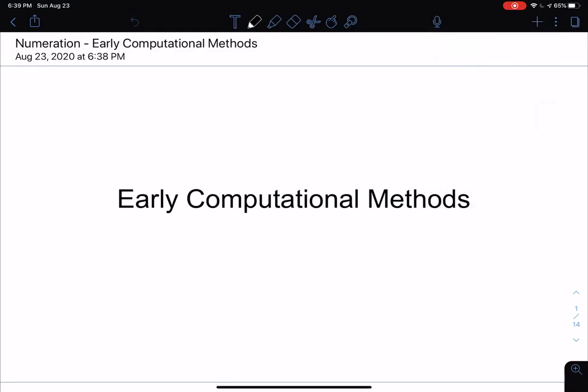Hi there. Today we're going to look at something kind of fun, some early computational methods. One of these methods I referenced in a previous video, duplication and mediation. And then today we're going to see how it's done. We're just going to look at multiplying and how it was carried out by some previous people. It's not going to look exactly the same as what you learned